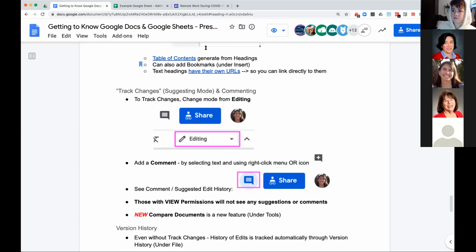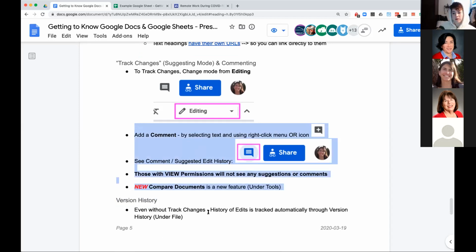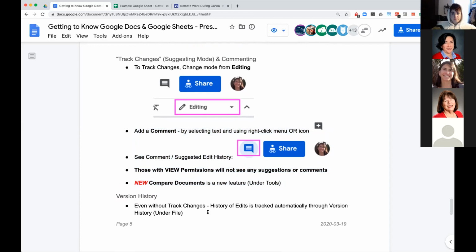Okay, so you would give them view access if you don't want them to see comments. Could you use that feature if I just want to call something out? It's pretty much at the document level. You can't just give somebody edit rights to one section. Just that section. Okay. Hope that helped.